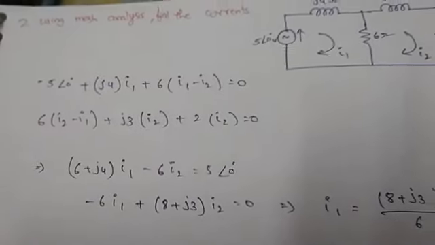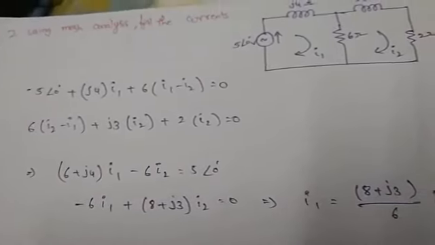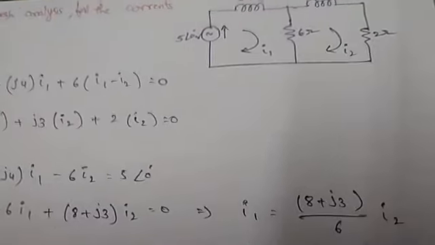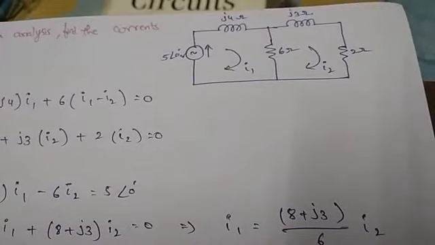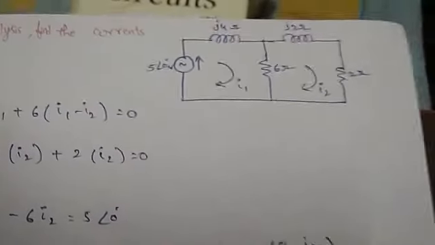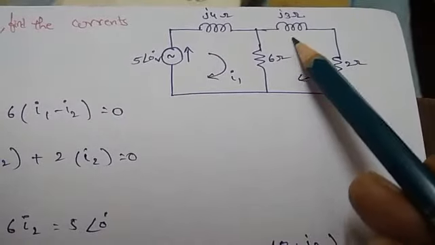Here also the same thing. Calculate the currents by using mesh analysis. But in the given circuit, they mention the source as an AC voltage source, and if you observe here, I am having inductors.